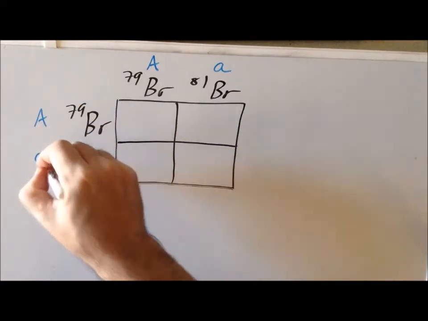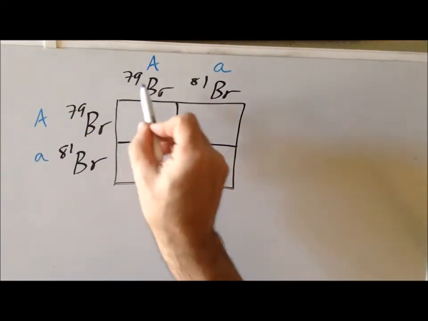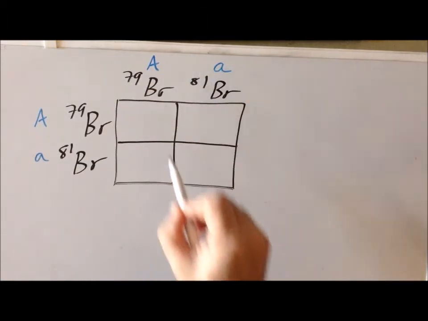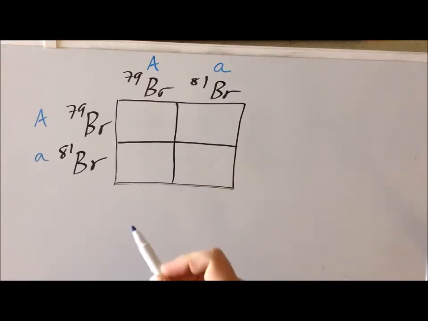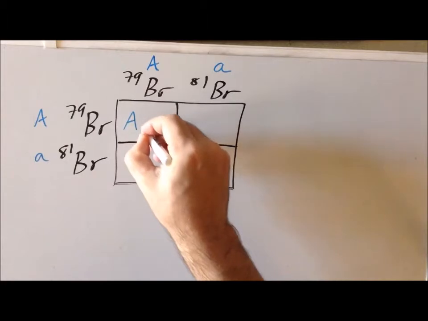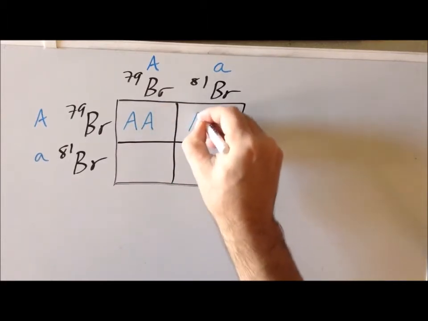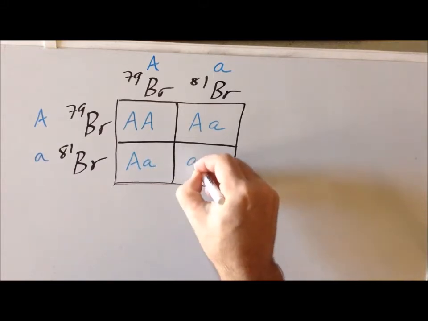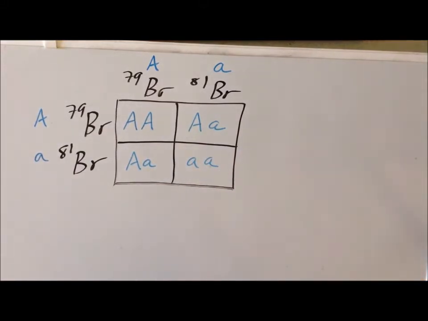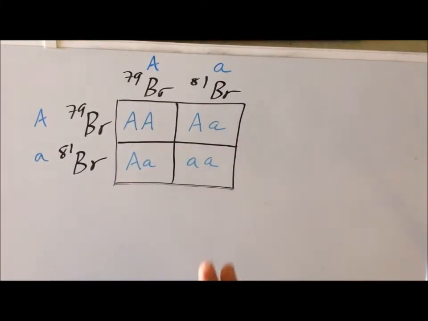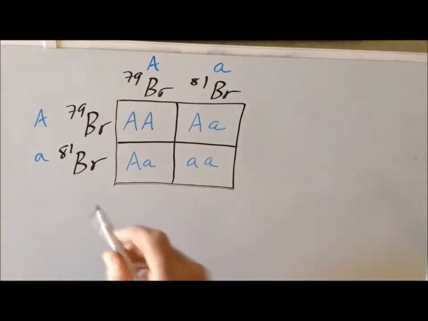So we can almost think of the bromine 79 as being the capital A, the bromine 81 as being the small a. And then we can write it out as a cross, just to emphasize the Punnett square crossing aspect to it that we had just seen. And the probabilities work out almost exactly the same here. So if we just assume that the probability of 79 and 81 are exactly the same for the time being, then we get that the probability